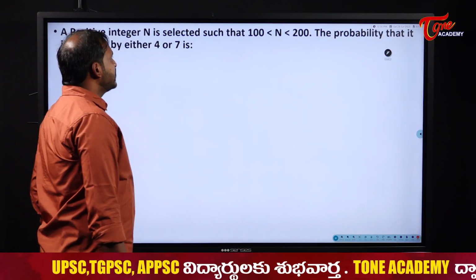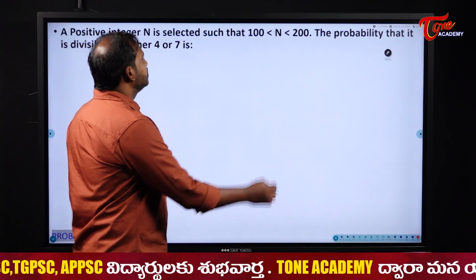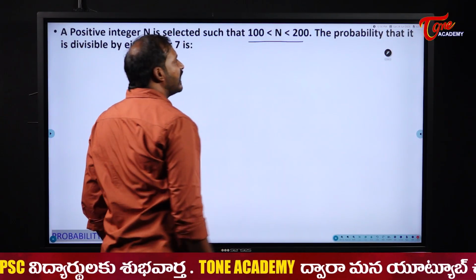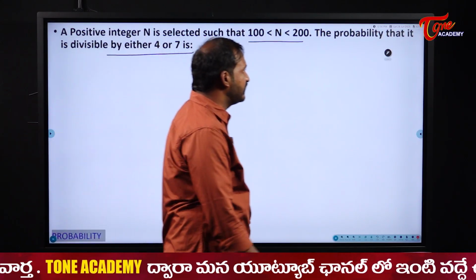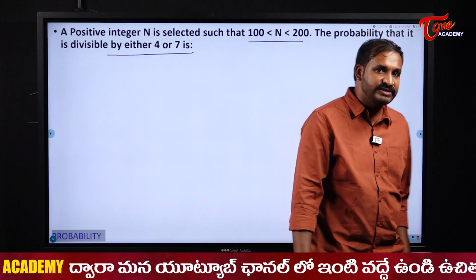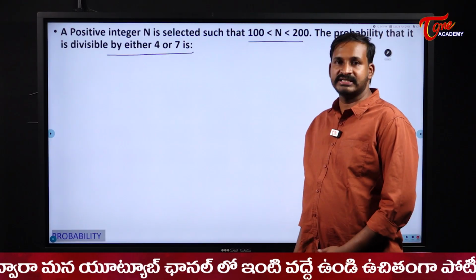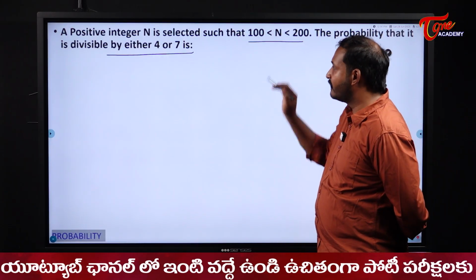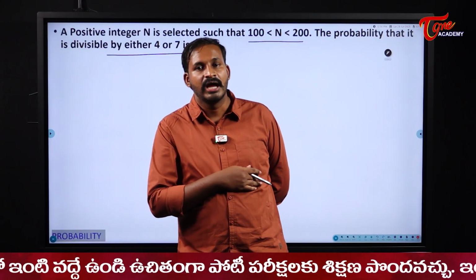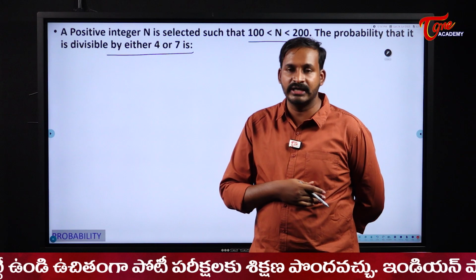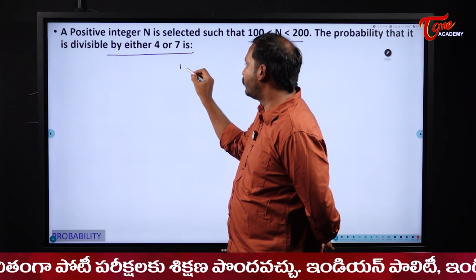A positive integer n is selected such that n value lies between 100 and 200. The probability that it is divisible by either 4 or 7 is. It should be divisible by either 4 or 7. So what do I need to find? First of all, I need to find how many multiples of 4 and 7 are there. So multiples of 4